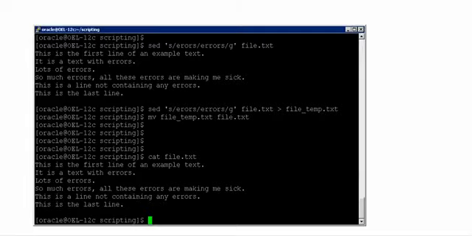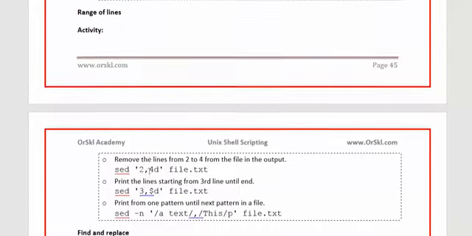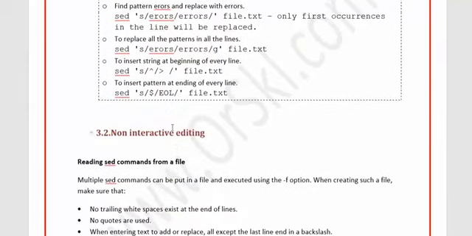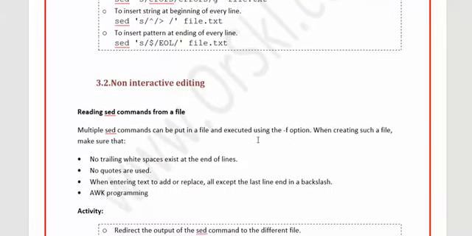Alright, so having said this, we are done with interactive and non-interactive editing. I hope you will perform all these exercises and understand this much better, because sed is something we will be using going forward whenever we see something coming up in the way of scripting a tool. We might get a requirement where we will be using sed.